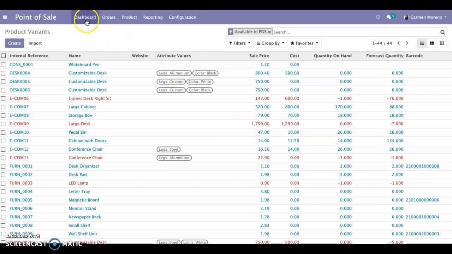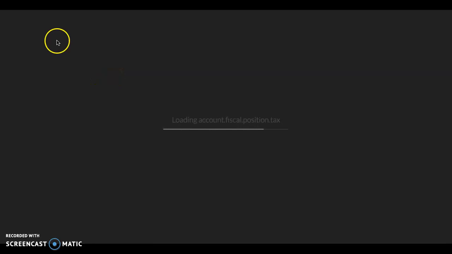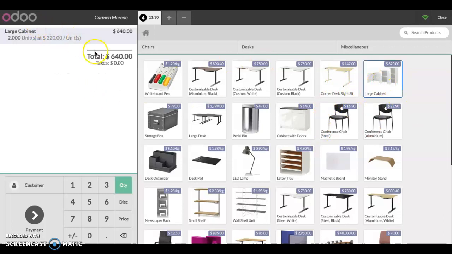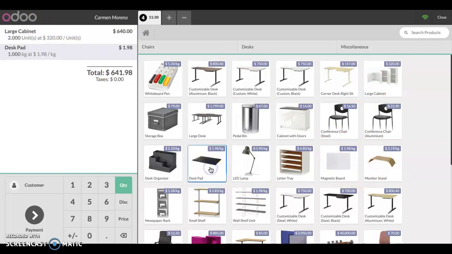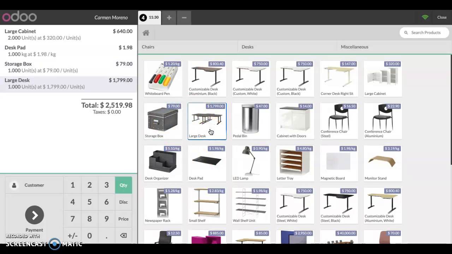So now we're going to go back to the dashboard. We're going to resume for the shop. And here we see all the items that we have. But right now we are going to add a large cabinet, 2 of them. We're going to add 1 desk pad, 1 storage bin, 1 large desk,